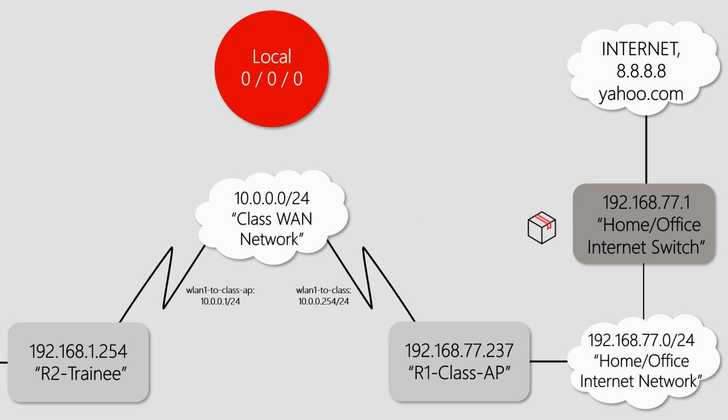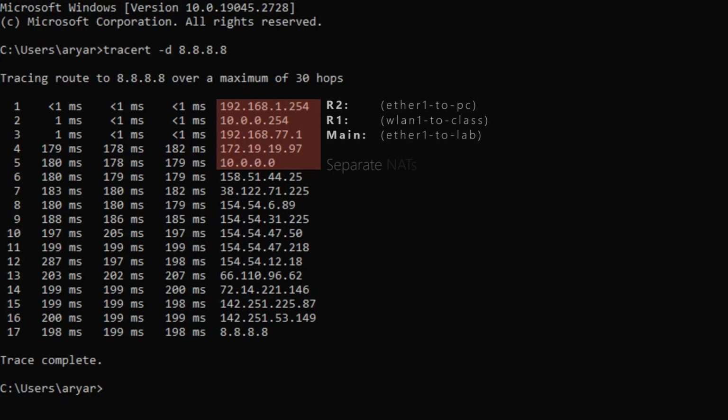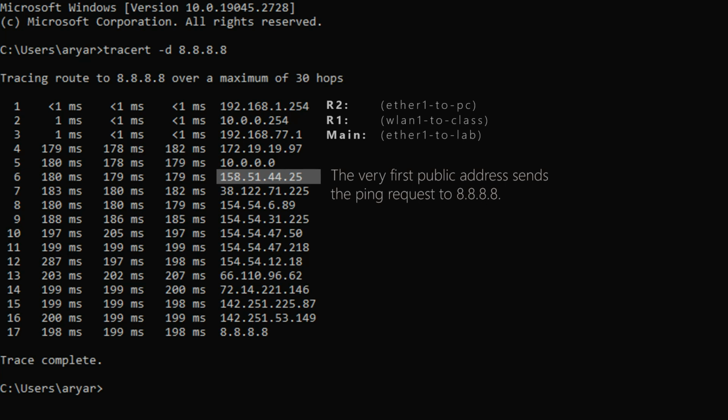192.168.77.237. And once the packet reaches our main internet switch, this process occurs again and again until the packet has made the number of required hops on the public internet domain to reach 8.8.8.8. Remember that for all private addresses in our trace route, separate NATs will take place in order to pass the packet forward, and it is actually the very first public address on this route that will send the ping request